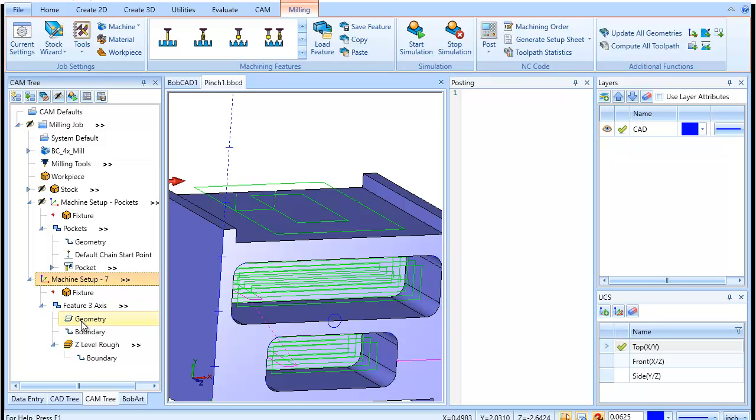So first thing I want to talk about, this geometry and boundary here is at the feature level. And that feature can have multiple operations like Z-level, roughs, finish, 2D stuff, blah, blah, blah. The Z-level rough has a boundary selection also. So he's got a boundary selected here. And then on the Z-level rough, he's also got a boundary selected as the surface, which